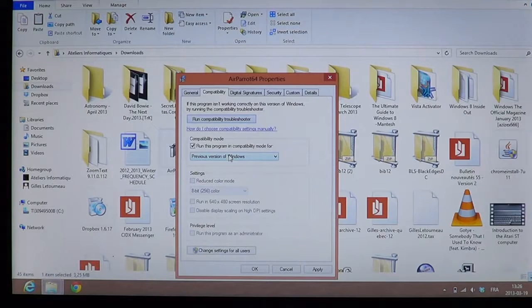If you noticed here, they just put previous versions of Windows. So basically the computer will put itself in a special mode where it's going to try to make old software work. If there are some special video settings for that piece of software, you can click here, reduced color mode, so you can change it into something more like 16-bit or 8-bit or whatever. You can change it to run in a special screen resolution, and one of the probably most important features is